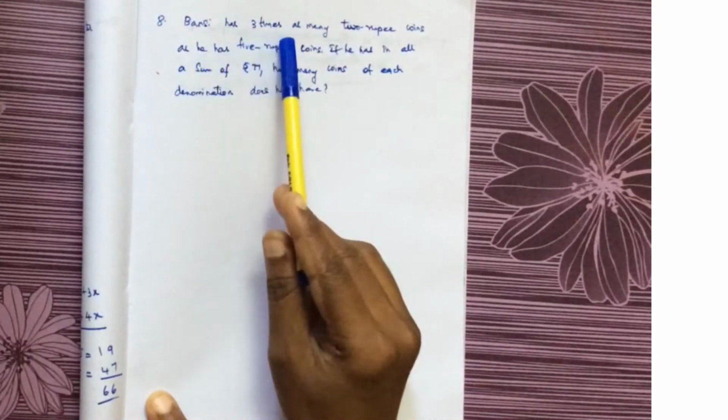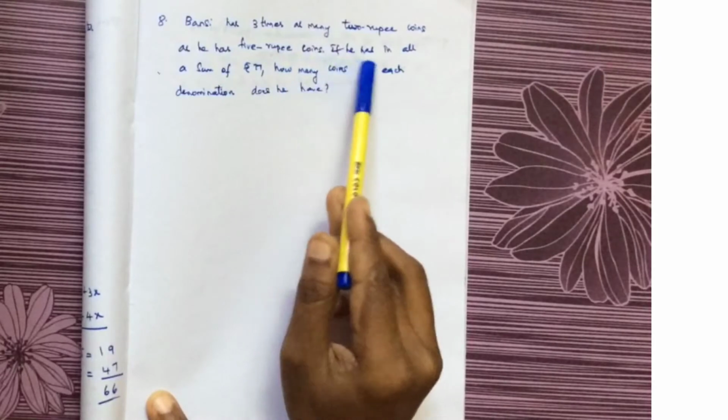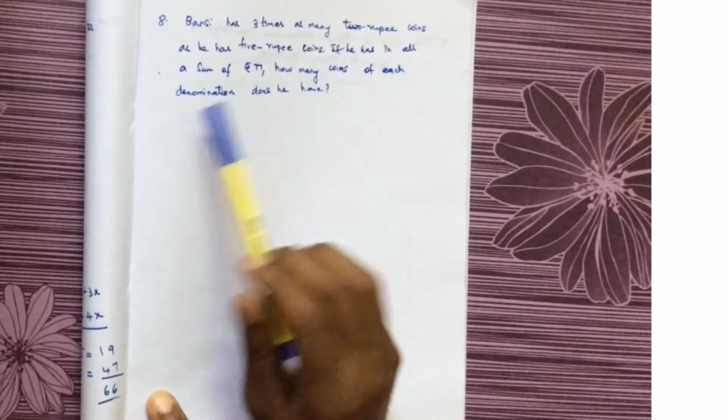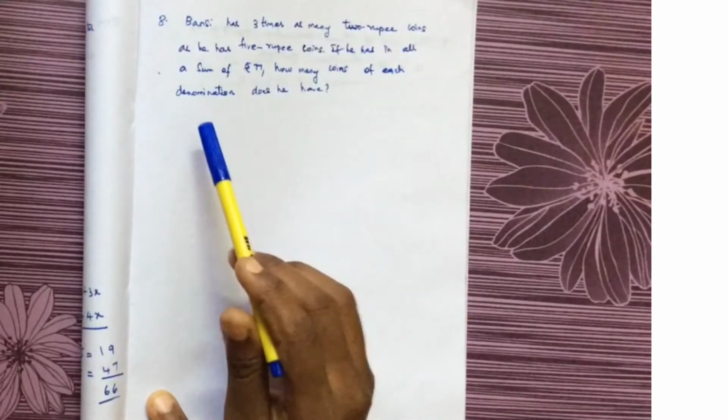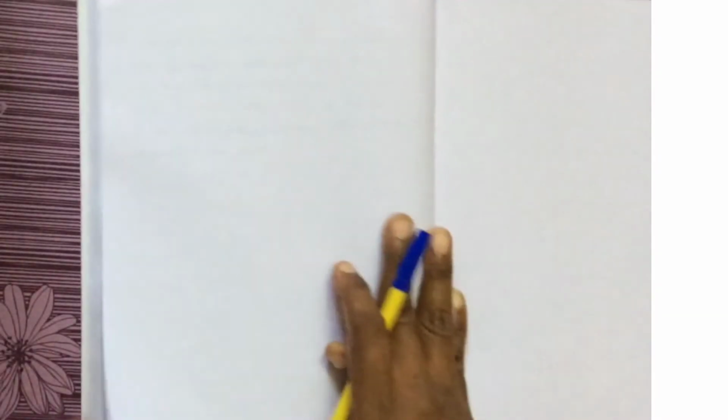Bansi has 3 times as many 2 rupee coins as he has 5 rupee coins. If he has in all a sum of rupees 77, how many coins of each denomination does he have? First, you should understand what is meant by denomination. So, denomination is